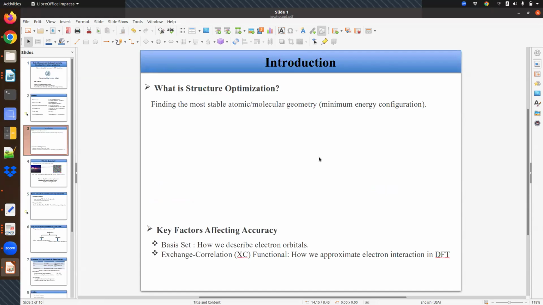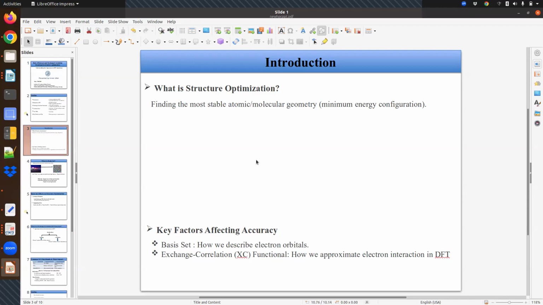Structure optimization is this: when you download the CIF file from Materials Project, the atoms inside your geometry are not at the minimum energy configuration. So we are basically bringing them to the minimum energy configuration first. For that,